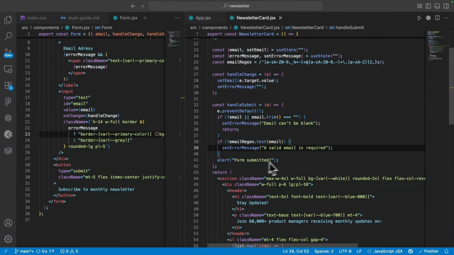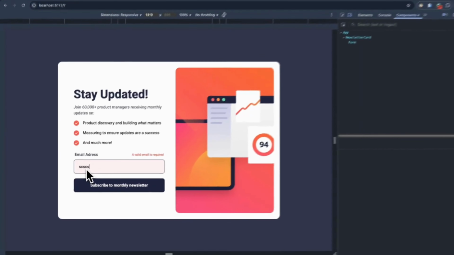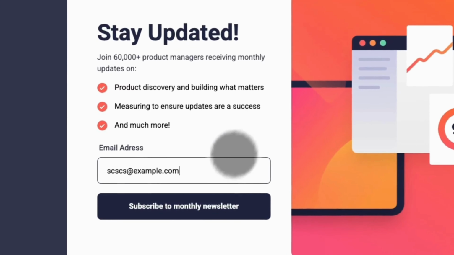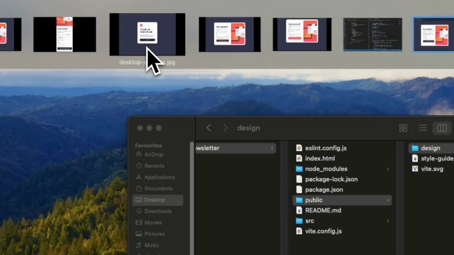So what are we actually doing? Let's try and test our email. So maybe I'll just say at example.com. Now you say form submitted, right? But in our case, instead of form submitted, what we want to do is to show